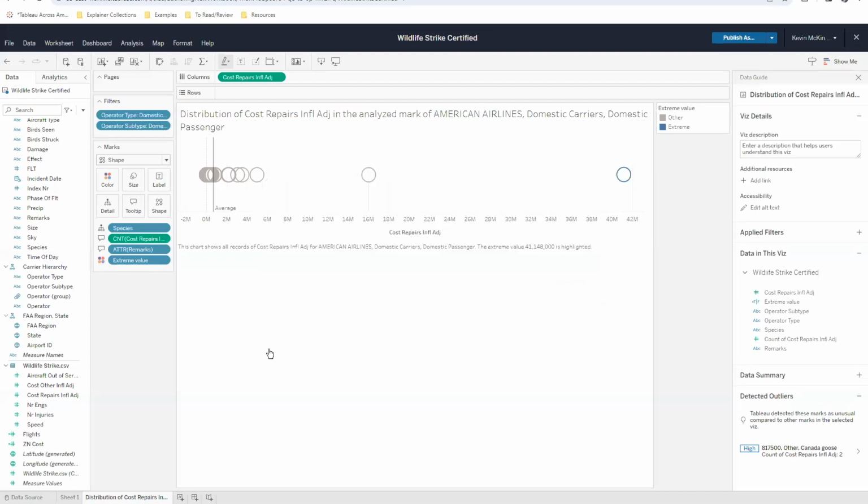We can design a methodology for supporting our goal of reducing these incidents using the data that we've collected. This is just one example of the way that Tableau can help organizations see and understand their data in real and meaningful ways.